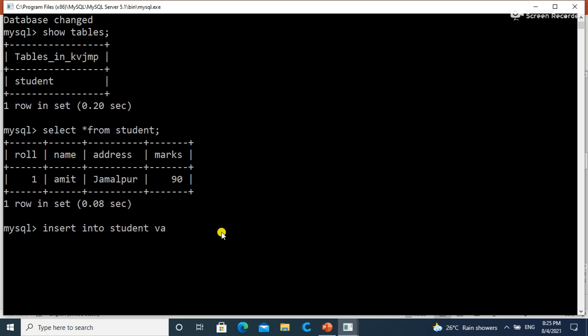Then we should write values and all the values. Suppose the value of roll is 2, the value of name is Sumit, the value of address is Munger, and the value of marks is 56.